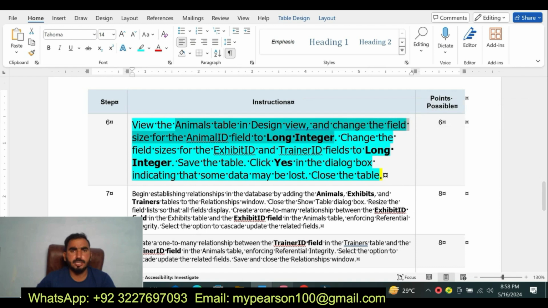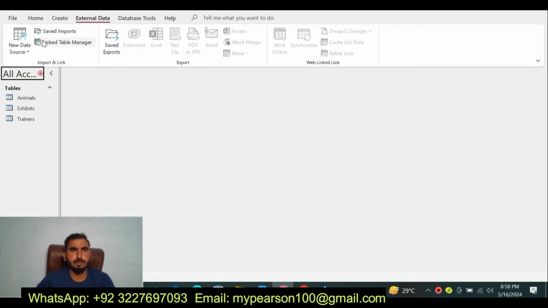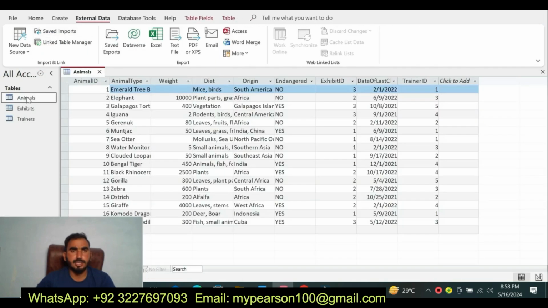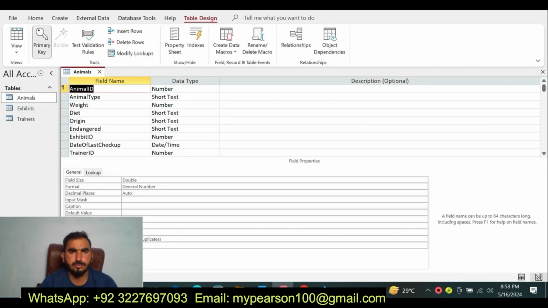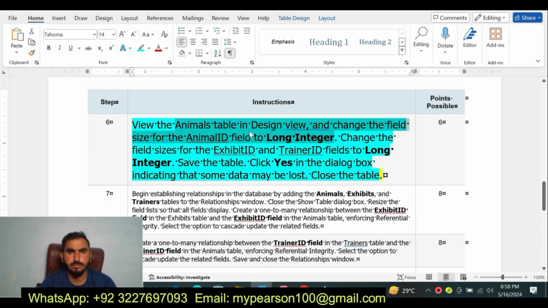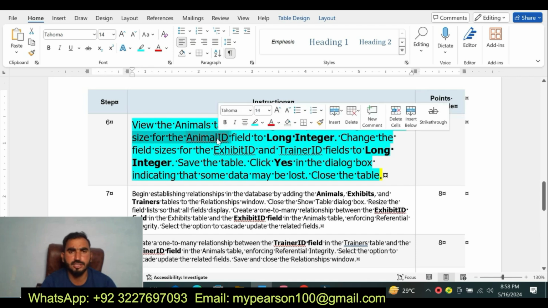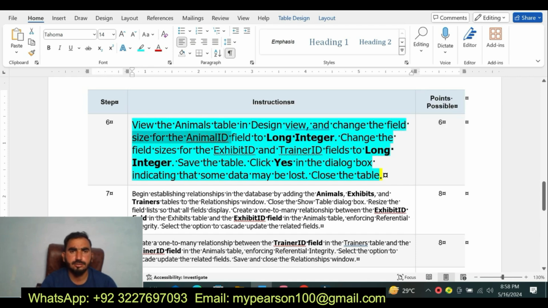View the animal table in the design view. Now you can see here I am going to solve this one. Animal table in the design view. And change the field size for the exhibit ID and the trainer ID field to long integer. Now I am going to change the field size for the exhibit ID and the animal ID to the long